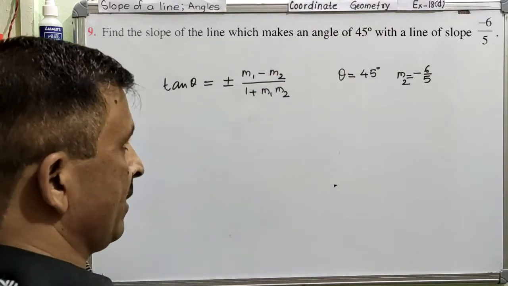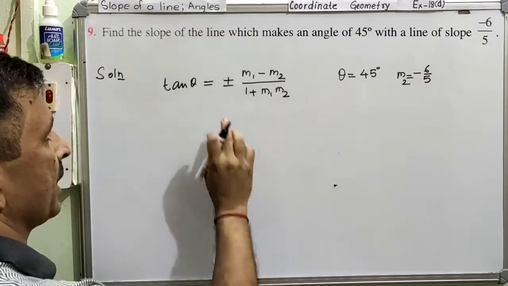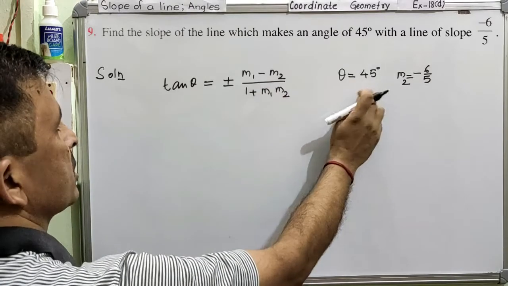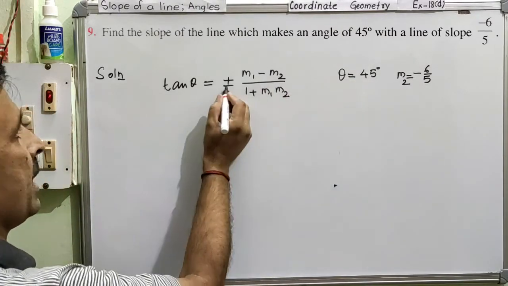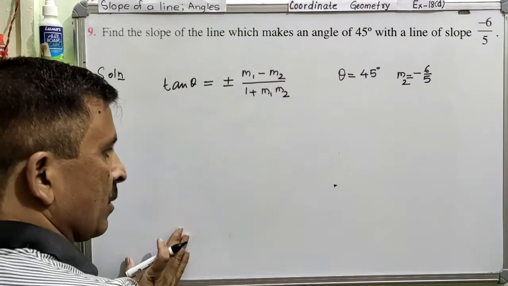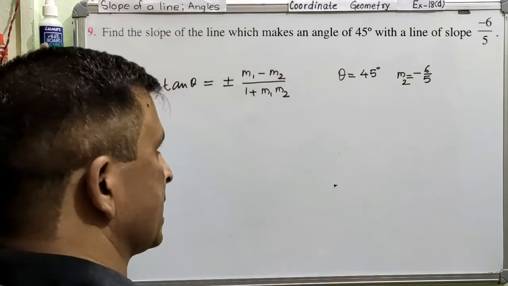This is a little lengthy, so I will try to take a little shortcut because the space is less. Now we will use these values in this given formula. Since we will get two slopes, one slope I will be calculating on the left hand side, another slope I will be calculating on the right side. Let us see how it is possible.